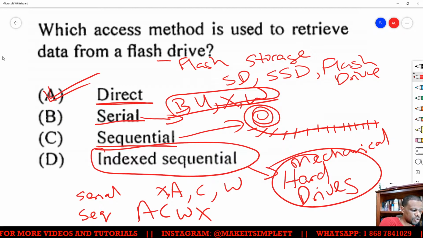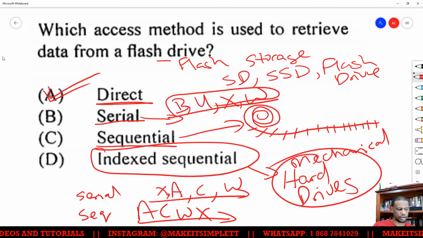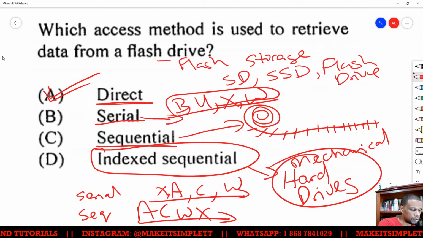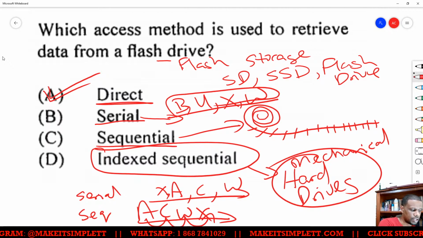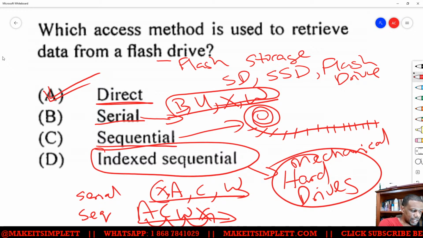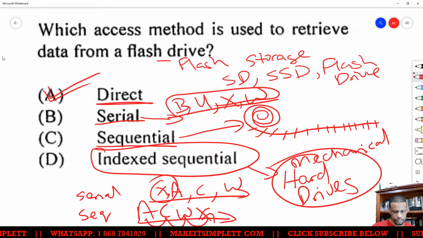But they will still be stored on magnetic tape in the order that you have to go through it. So in order to get to X here, you're going to have to go through A, C, W, and X. In order to get to X here, you just have to get to that one there. So serial is just kind of like, as you get it, you get it.